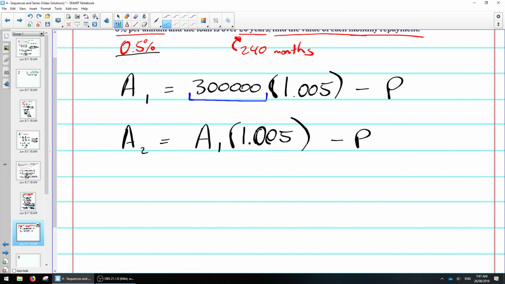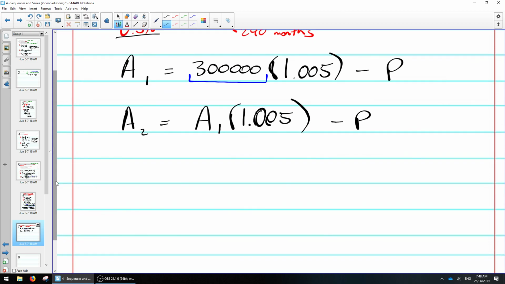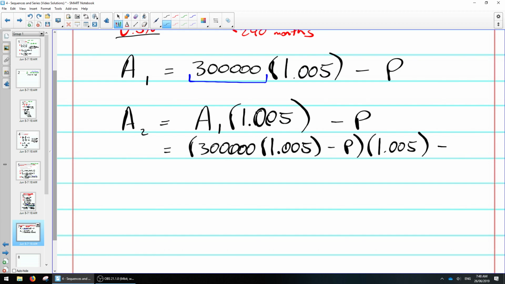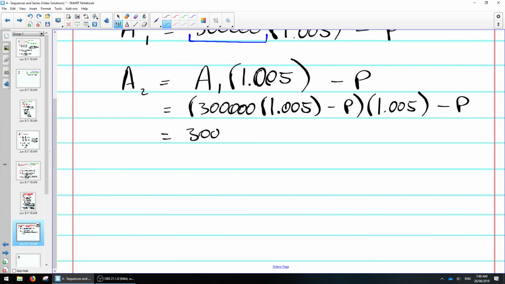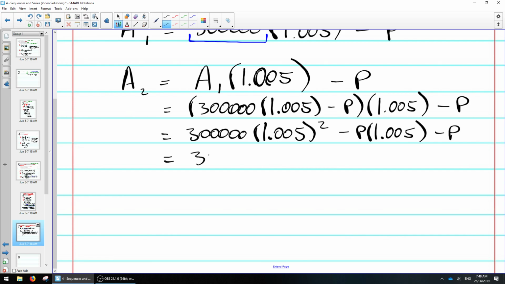And then we take away another one of those P's. So now if we sub in A1, what it was a second ago, 300,000 × 1.005 minus P, we're multiplying that by 1.005 and we're minusing that by P. If we expand it, we'll get 300,000 × 1.005 to the power of 2 minus P lots of 1.005 minus P, so we've just expanded that set of brackets. And then remember, we want to factorize those P's at the end, so we get 300,000